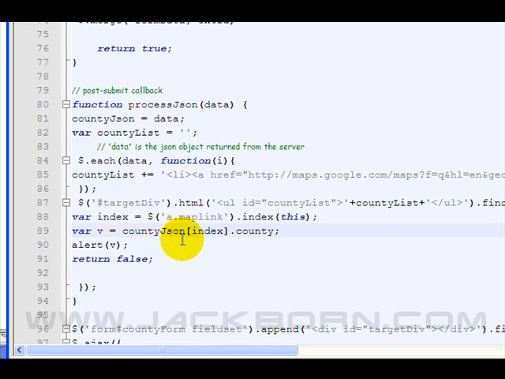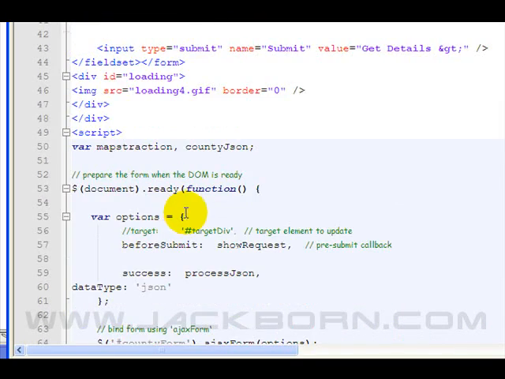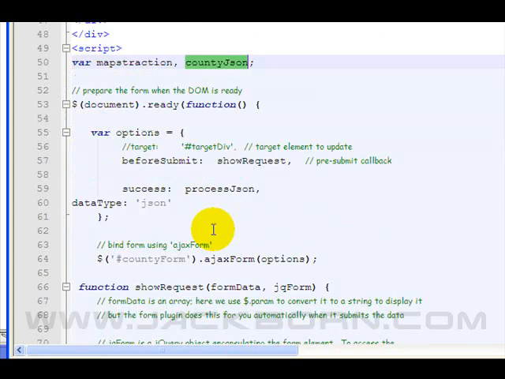But now what we do is we're going to go to a variable called countyJSON, and this is new. So let me back up and show you that at the beginning of the opening script, at the end of the page, right before document ready, you've seen that in the past I had variable mapstraction. Well, what I can do is put a comma and then any other variables that I want. So I can set all the variables that I want beforehand and have them carry over from function to function to function. One of them is countyJSON. I just named it that way. I could choose whatever name that I want, but this is where I'm going to store the JSON data